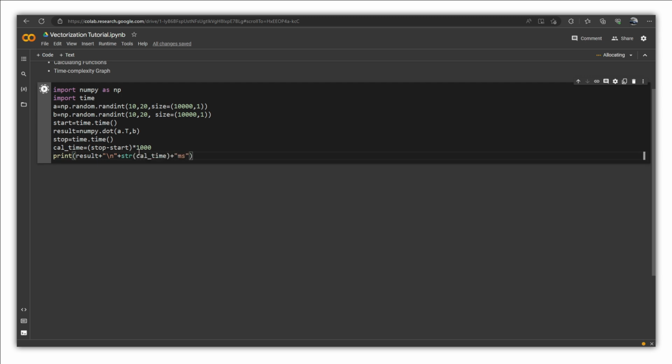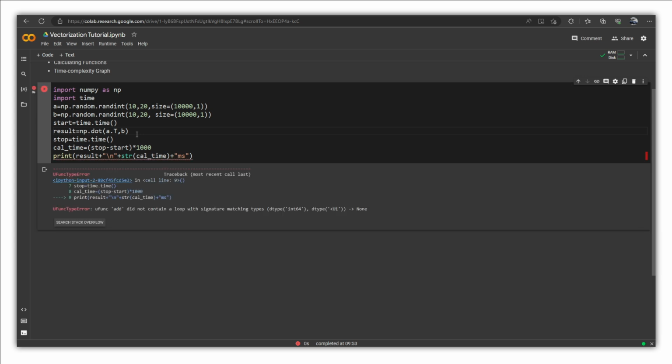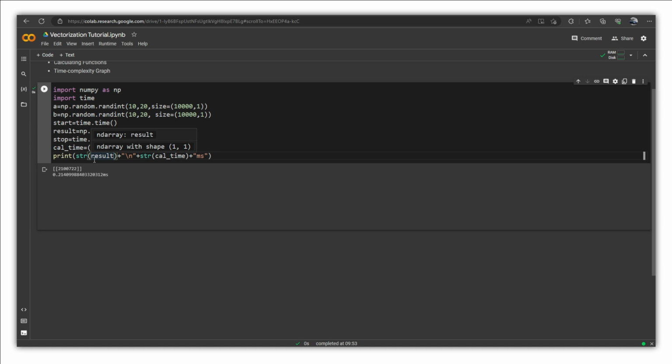And let's run it. Oops, it's not NumPy, it's NP. Result is going to be a string as well. And yes, the time it took for calculating this result is 0.2 milliseconds, so it's a very small amount of